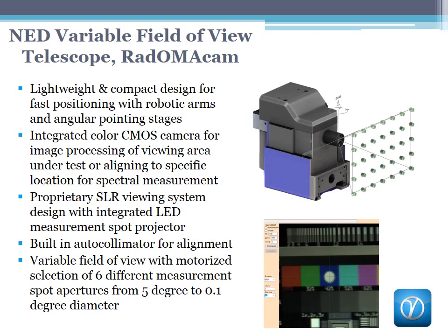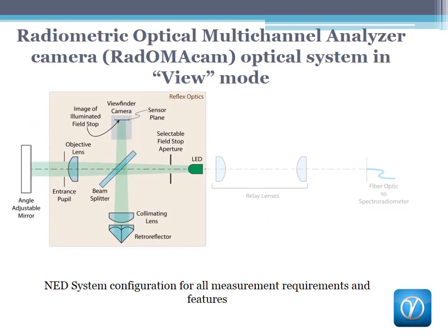There's a proprietary single lens reflex viewing system with an integrated LED that projects the measurement spot. So this is an actual projection of the actual measurement aperture. So there's an unambiguous definition of the measurement aperture. This allows for autocollimation to a mirror target for parallax measurement. And there's also 6 different field of view apertures built into the telescope. So the optical system is configured